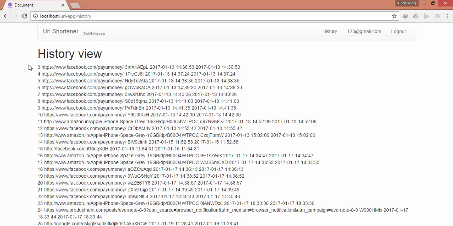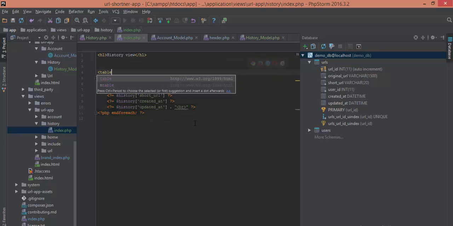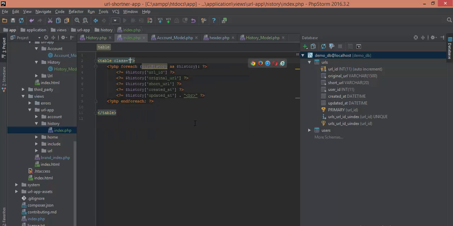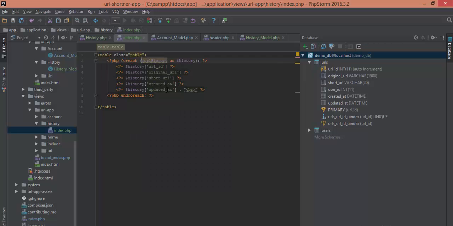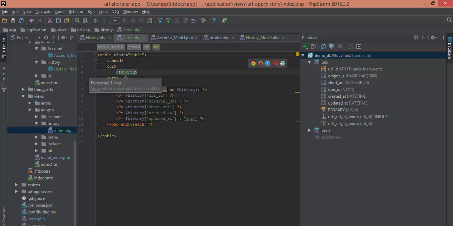So here we have the results, that is the history, but we need to show it so that it will make it good for the user to view. For that, we will use the Bootstrap's native table class. Just remove this view, we don't need this. Add class. Please remember, this is the classes defined in the Bootstrap. So here we have, under thead, add table row, add td, under table add URL